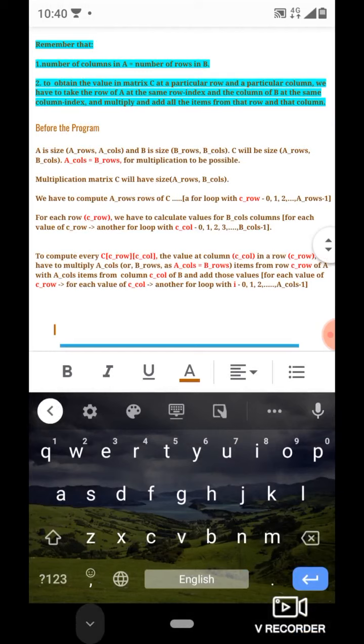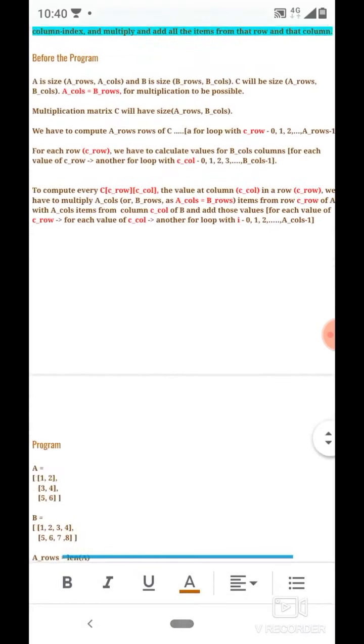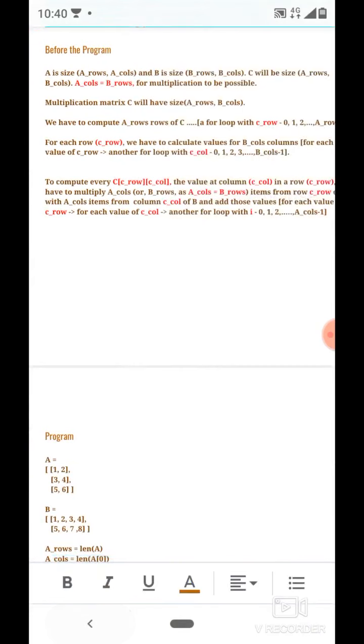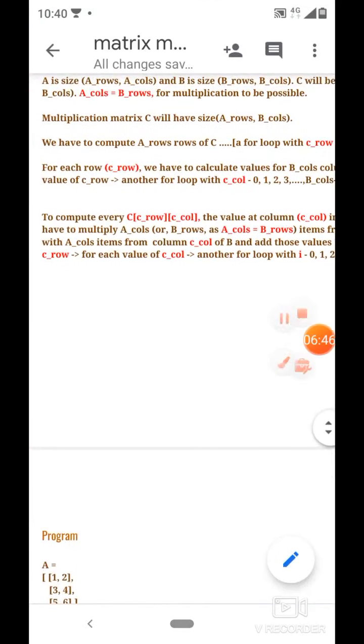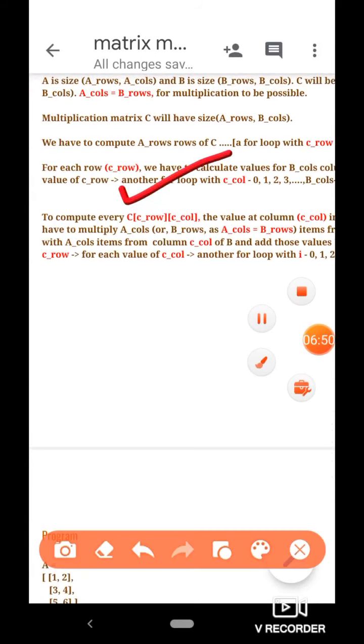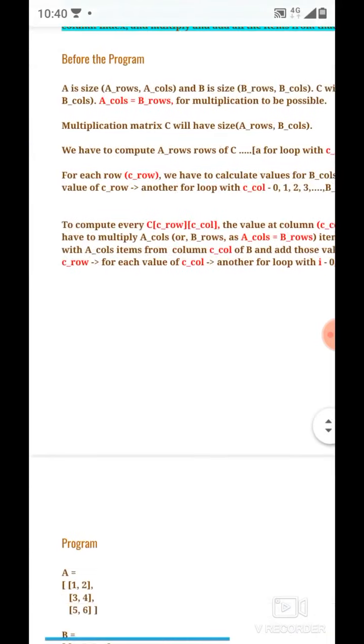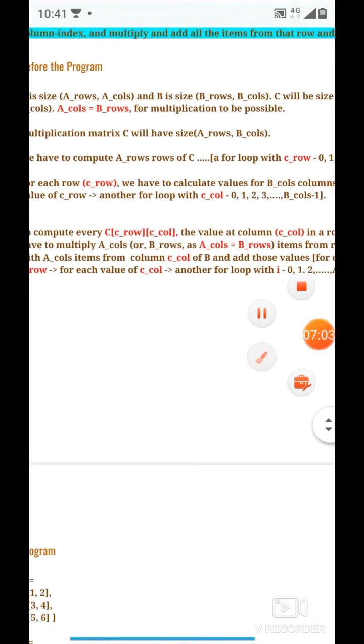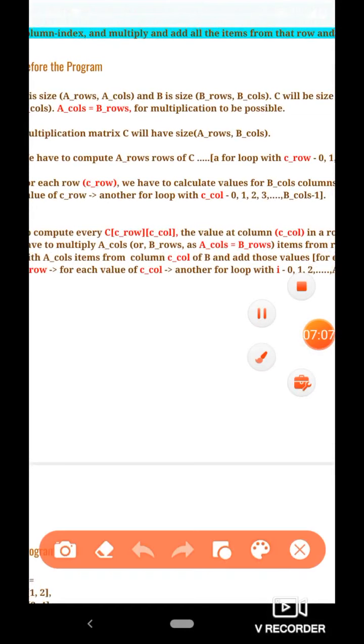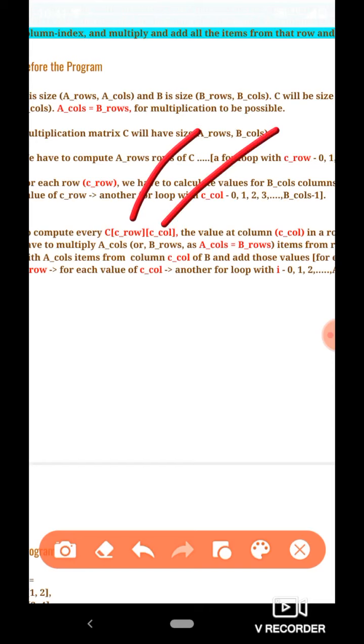Now for every item at C row and C call index, that means the value at column C call in a row C row, we have to multiply items from the row of matrix A and items from the column at index C call from matrix B. That we have discussed in the procedure for obtaining items, the multiplication and addition procedure.